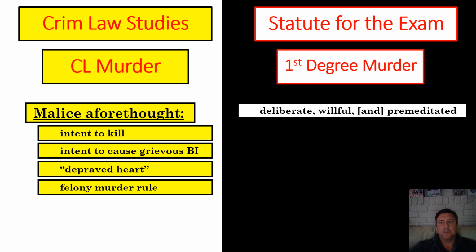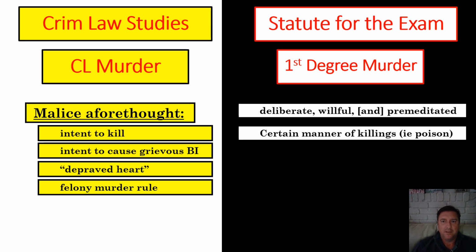Specifically, those cases explain to us that in order to be deliberate, in order to be premeditated, it has to be something beyond just the mere intent to kill. It can't just be common law murder. It has to be common law murder, the intent to kill, plus what it means to deliberate and think about something and the choices of our actions, plus premeditated, to think about it beforehand in some way and plan it out in some way. The other popular one is there's certain manners of killing. I might have poison or destructive device or murder for hire, any number of certain manners of killing that I can put into my first degree murder statute that I'm testing you on for the exam.